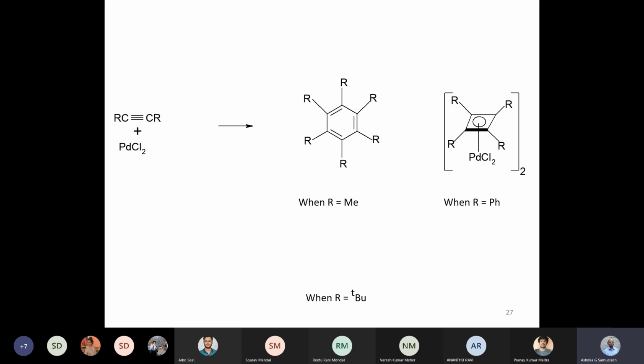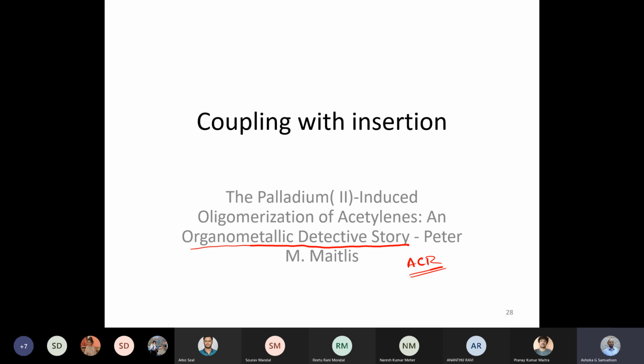Okay, so let me give you, this is an Accounts of Chemical Research paper by Peter Maitlis. Peter Maitlis. I will upload this paper. It is a bit more complicated than presented in this lecture, but basically the principle is there are insertion reactions. In this case, the insertion priorities also come out, and you can see that multiple insertion of neutral groups can be done.